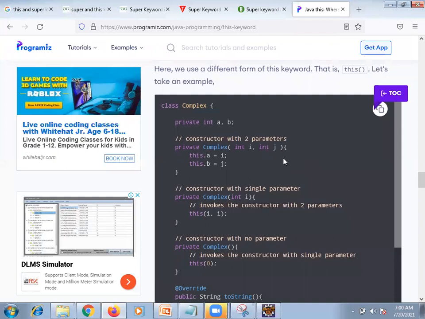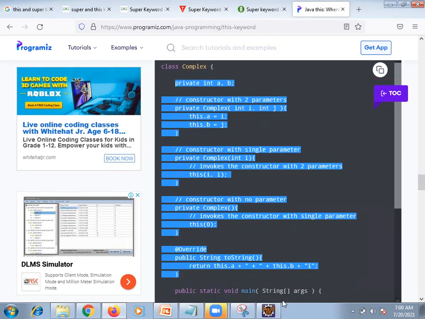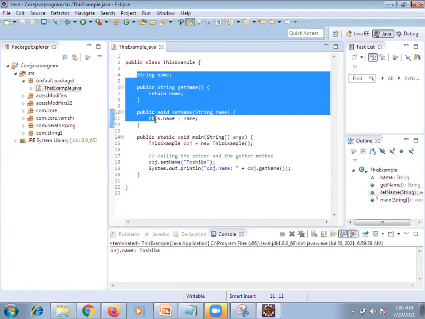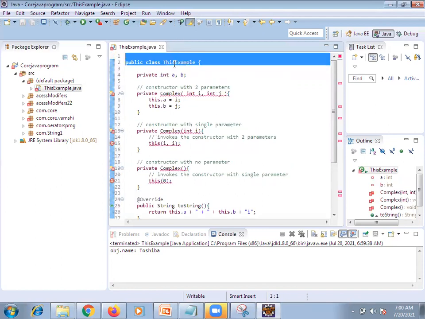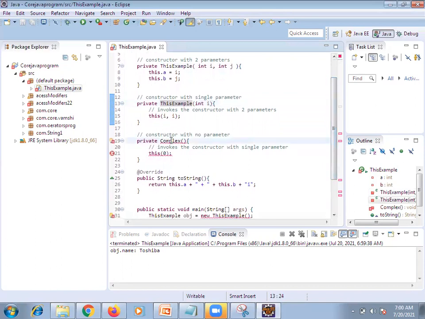Now you can see, what is this? This is parameterized, right? This is a private single parameter constructor. This is the default one, right? Default constructor, right?